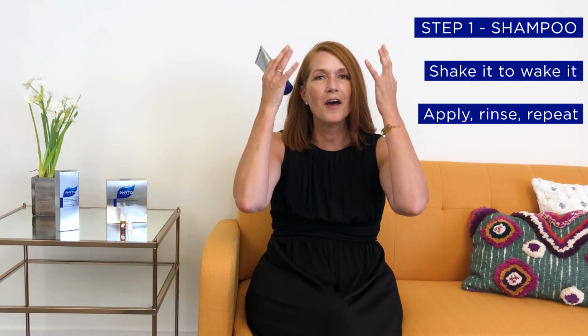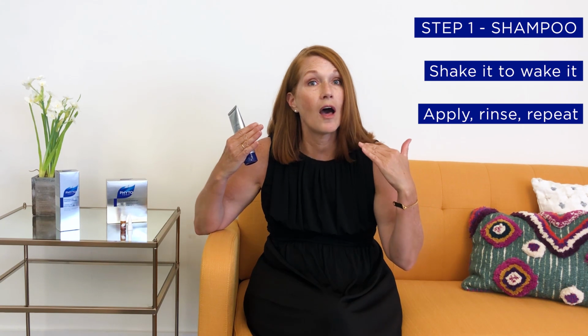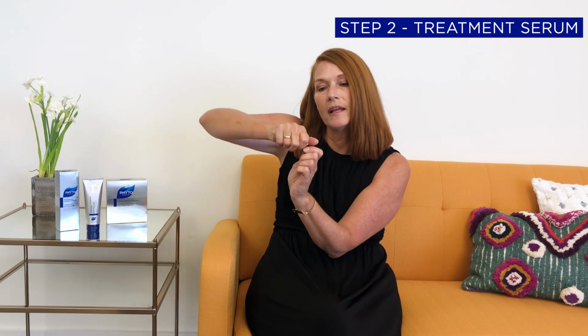shampoo, shake it to wake it like we do all of our shampoos, lather up, rinse it out, do a second lather, and leave those bubbles on the scalp and hair for at least 2 to 3 minutes. Longer is fine as well. And then you can rinse from head to toe in the shower and squeeze out the moisture and then do your conditioning. And once you get out of the shower, you are going to take one ampule, the lid comes